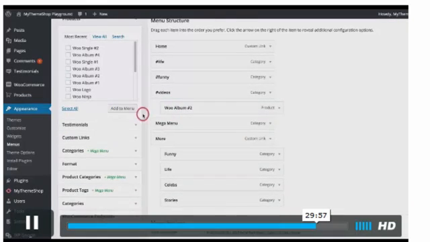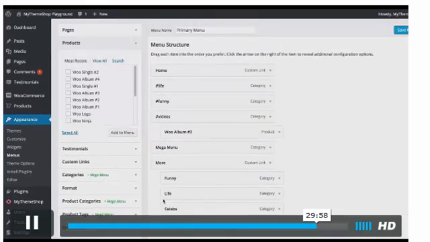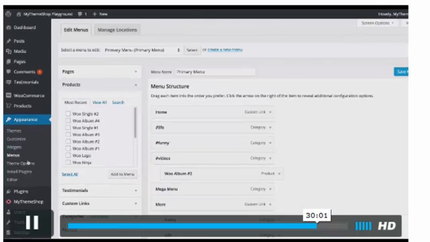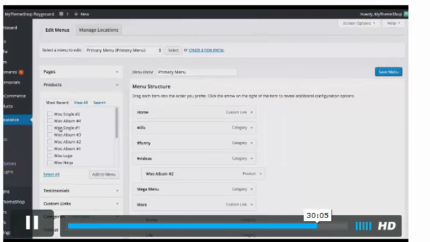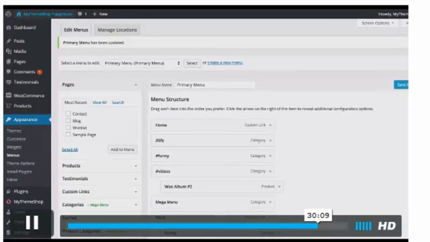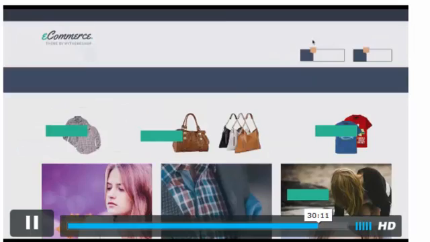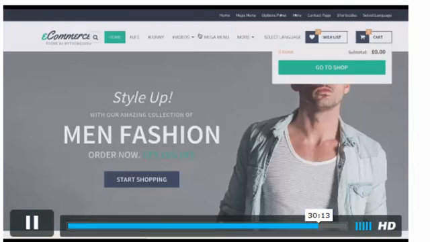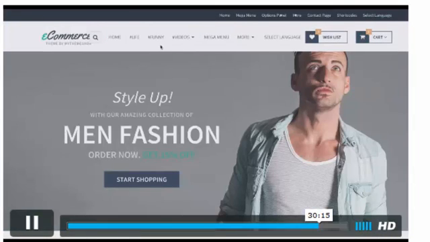And you can see we've got all of these options here in order to get the menus looking exactly how you want. And you'll want to save those changes once you're done with those. So now if I take a look at my site, then we're going to see that I've got those primary and secondary menus added up the top on my site, and they're displaying exactly how I wanted, with those sub-menus